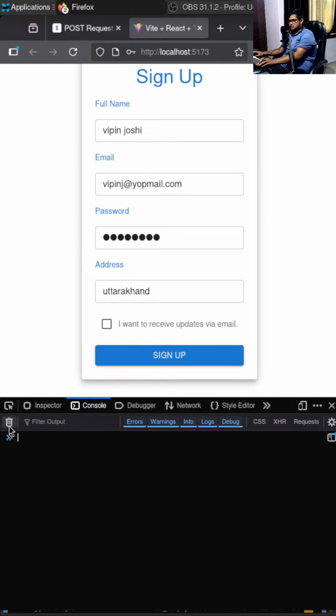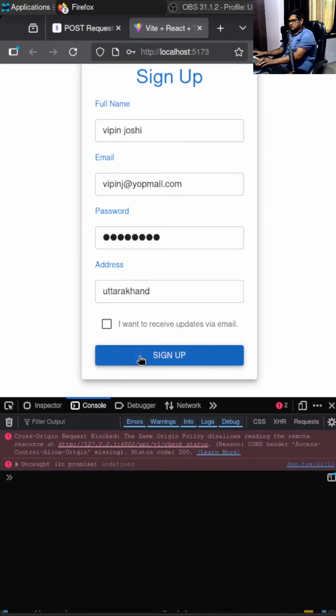Now this data error should be gone. Uncaught in promise, undefined. Alright, that is good. Yes, you can do that, but I'm just passing the error so that I can catch it to show on the